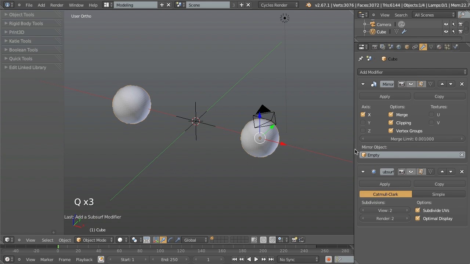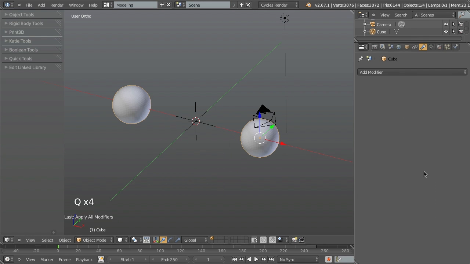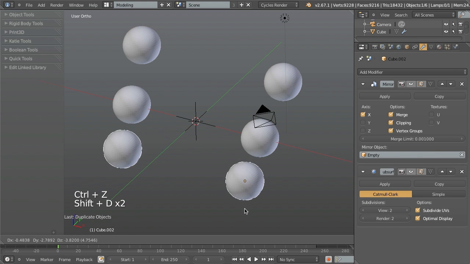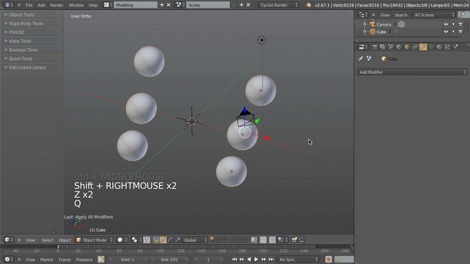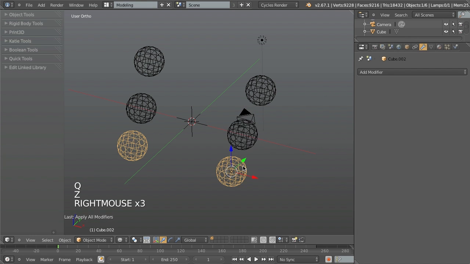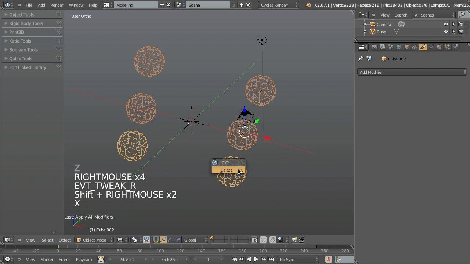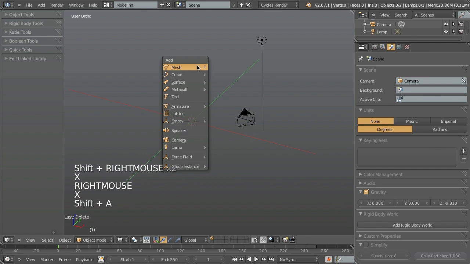If we have multiple modifiers on here, it will just apply all of them. So there you go. Now, one thing to note is that this works on multiple objects. So if I select all the objects here and click apply all modifiers, it applies them on all of them. The other thing that I should note, let me just delete these objects and I will add in a new